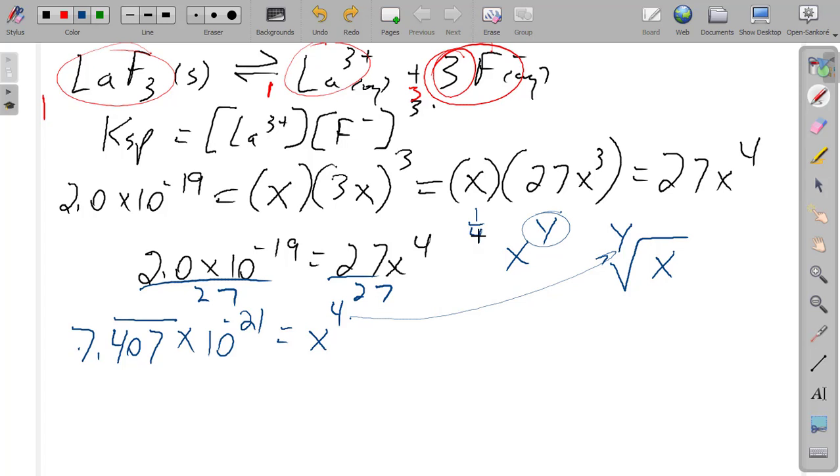So if you have an x to the y and you don't have an x root to the y, then you're going to have to use this a little more creatively. And so what that becomes is the x to the y button, because we're trying to take the 4th root, it becomes x to the 1/4, the reciprocal of 4. All right, and so either way, you figure out your calculator and you figure out how to get that 4th root. What you're going to find is that x then itself is going to be equal to